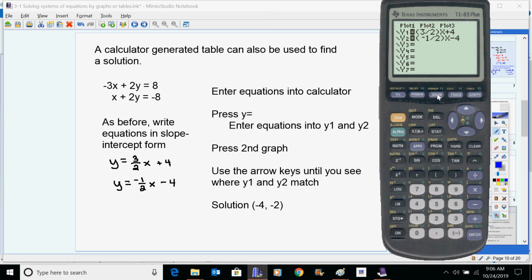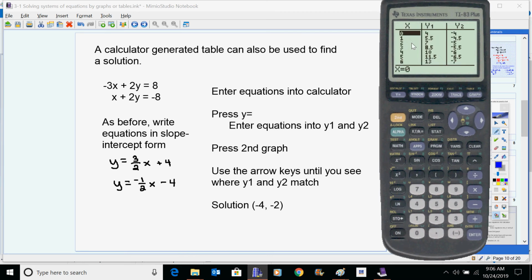So when you do the zoom and you do the 6, this is just for us to see what's happening. We see that that does that. But the functions that we're going to actually do is we're going to take a look at the table involved. And the table is found at the second of the graph. So we do need to press second and graph. I did want to show you the zoom so we could see the graphs, what they look like. But we want to look at the tables. And when we push second graph,